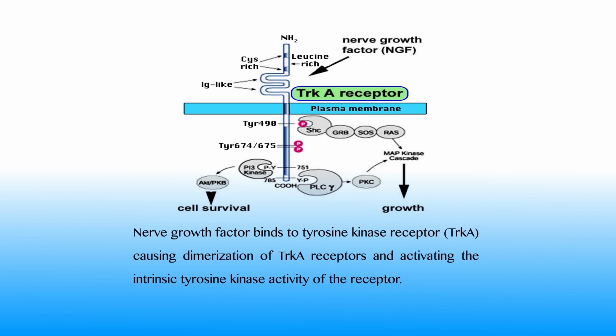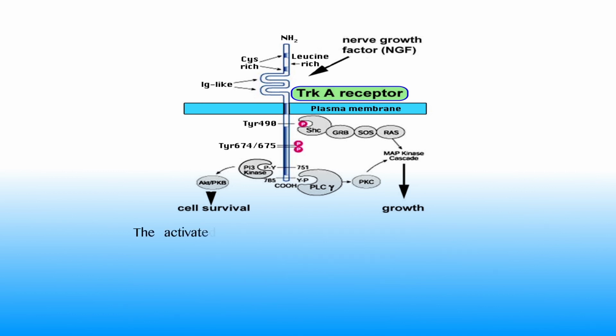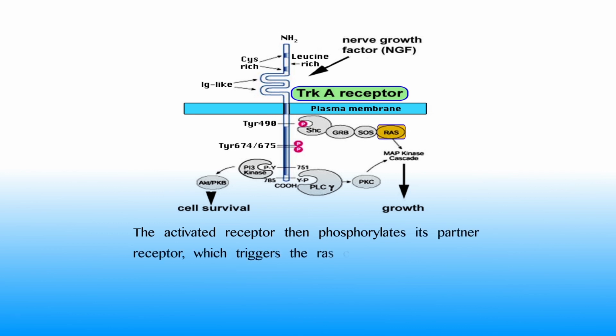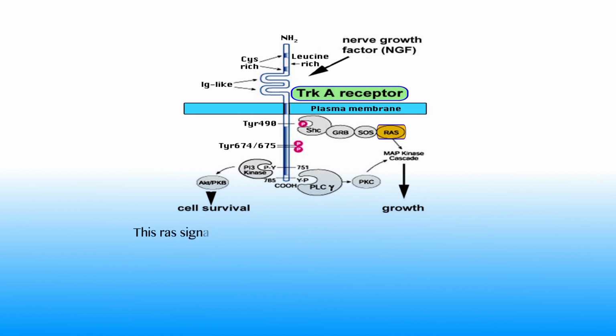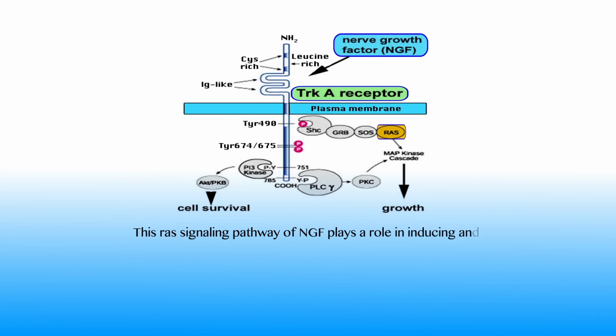activity of the receptor. The activated receptor then phosphorylates its partner receptor, which triggers the RAS cascade that activates multiple protein kinases. Some of these protein kinases move to the nucleus and activate transcriptional activators. This RAS signaling pathway of nerve growth factor plays a role in inducing and maintaining differentiation of nerve growth factor